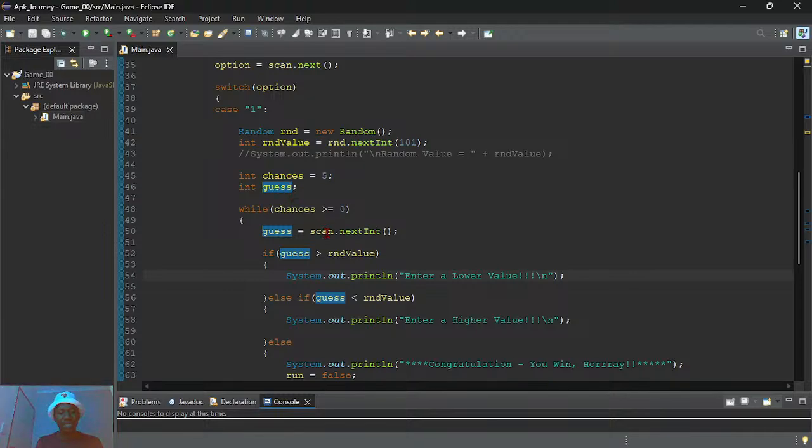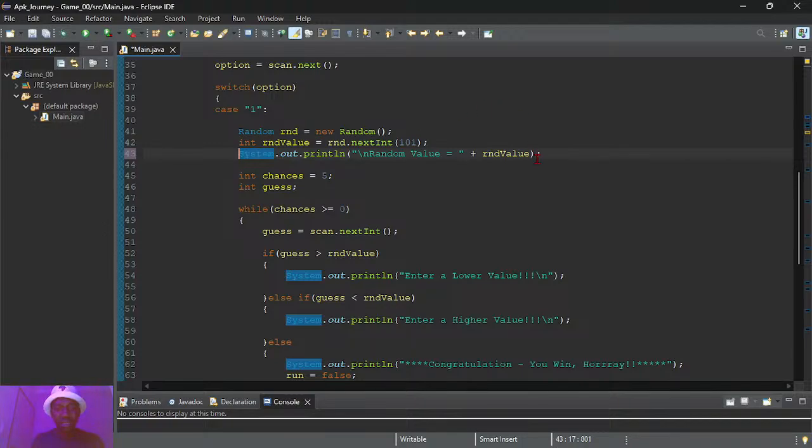I'm just taking in the input without telling the user. Okay, I get it now. So instead of displaying the random thing here, I'll say that the game has started, just to tell the user that the game has started.